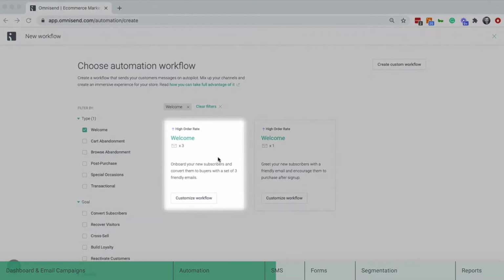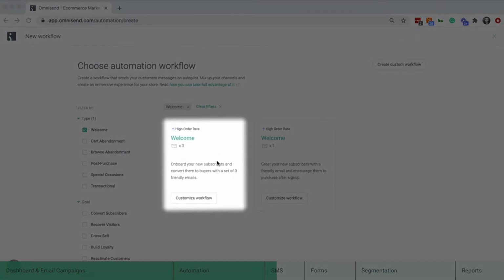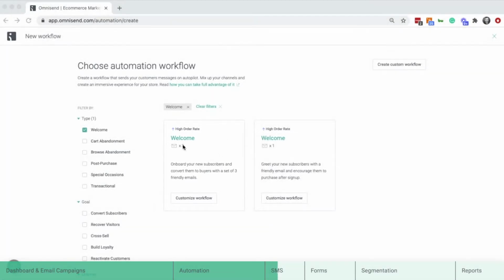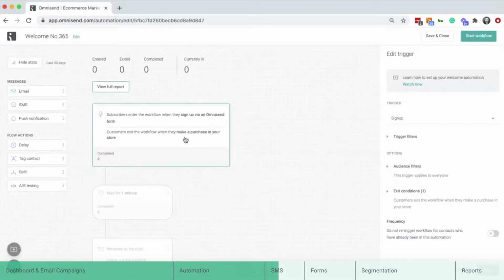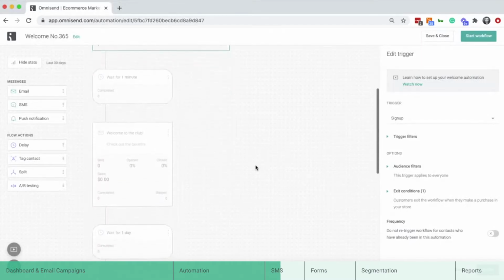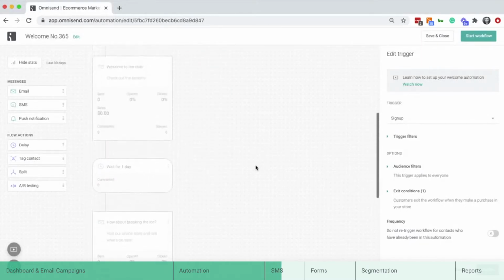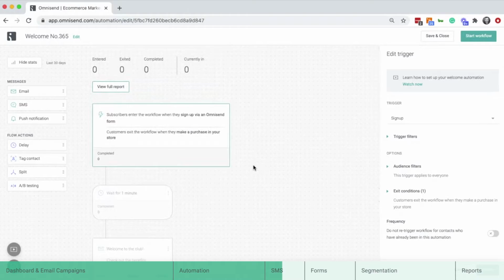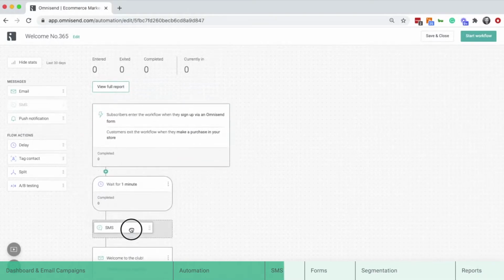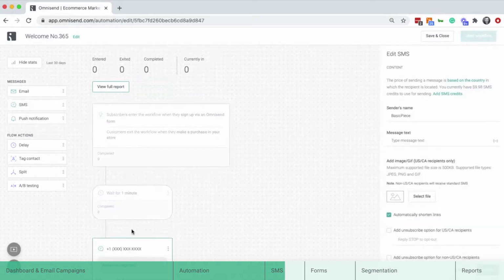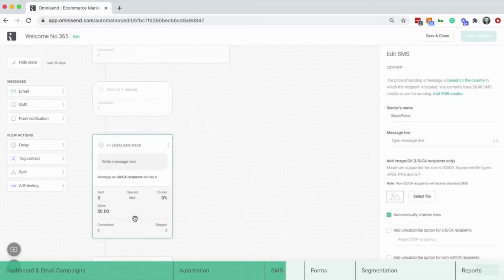Let's select this welcome automation with 3 emails, and we can just add an SMS message to it. So I'll click in here. You will notice here that the template is pre-built for you. It has 3 emails already laid out. Now let's drag that SMS message into our workflow. I'll just drag this in to the workflow and it'll populate. In creating your workflow, you can simply drag and drop a text message into your workflow and